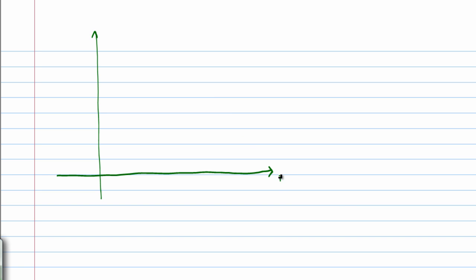For example, if this axis is R and it stands for rabbits, and this axis is F and it stands for foxes, and somebody were to graph the relationship between the number of rabbits and the number of foxes, and it looks like this, let's just pretend it's supposed to be a line,